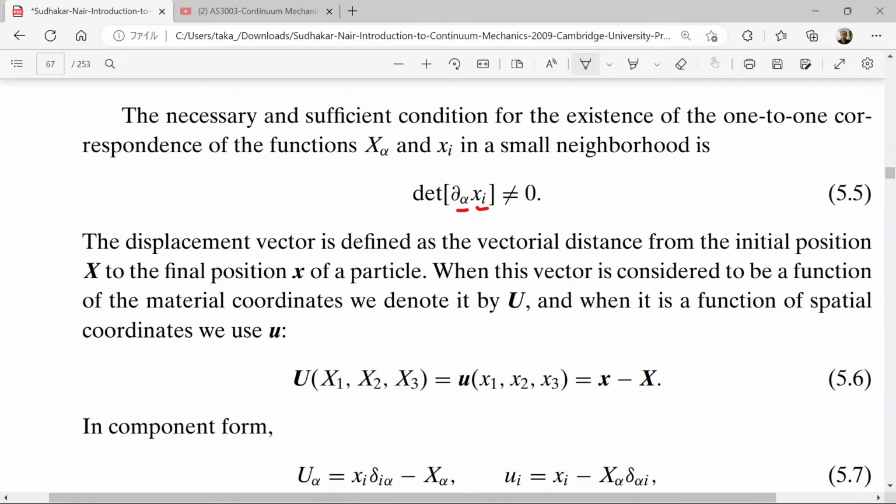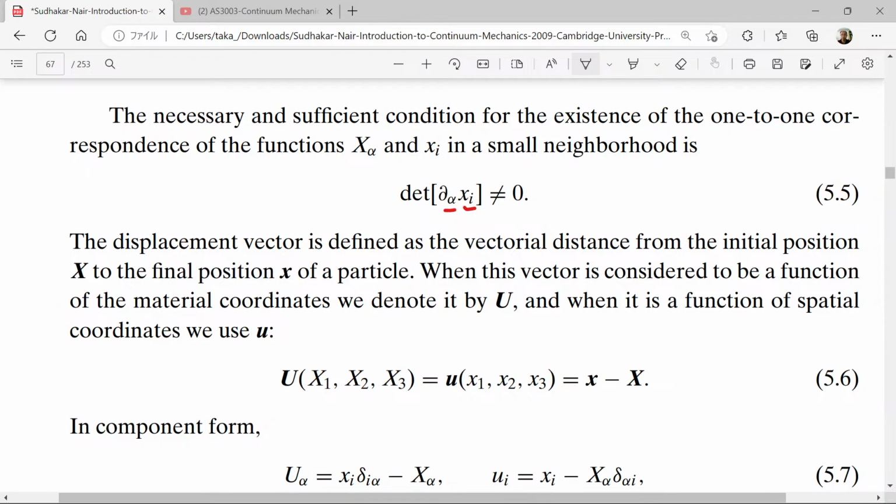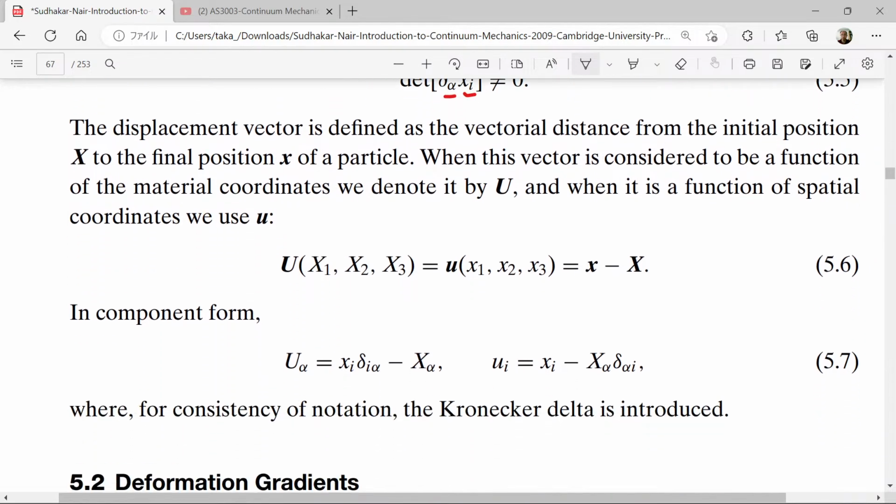The displacement vector is defined as the vectorial distance from the initial position X to the final position small x of a particle. When this vector is considered to be a function of the material coordinates, we denote it by capital U. And when it is a function of spatial coordinates, we use small u. What is this? In component form,